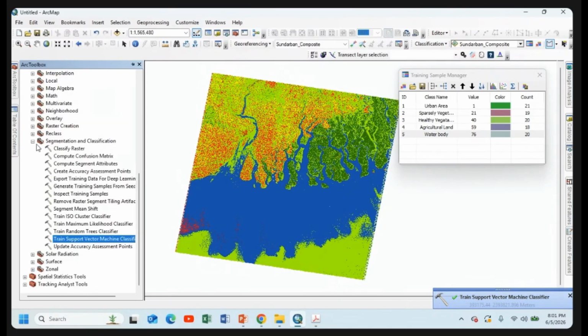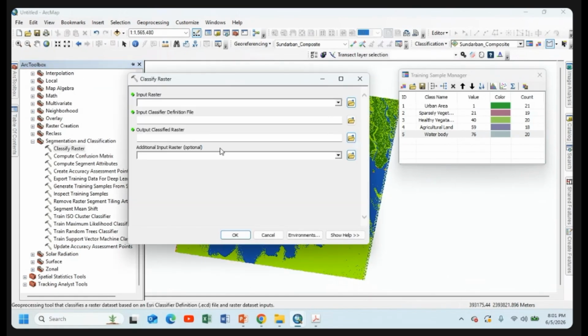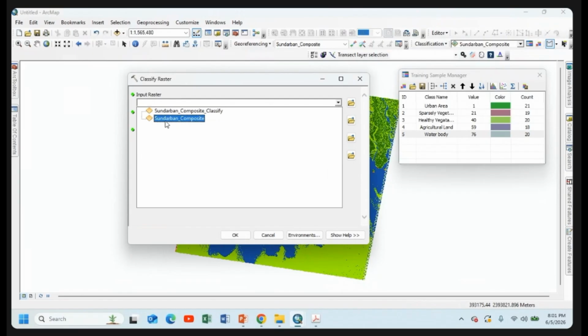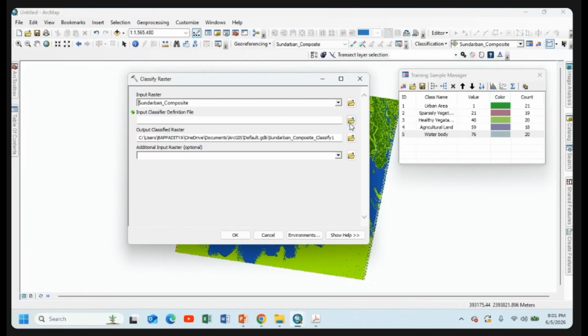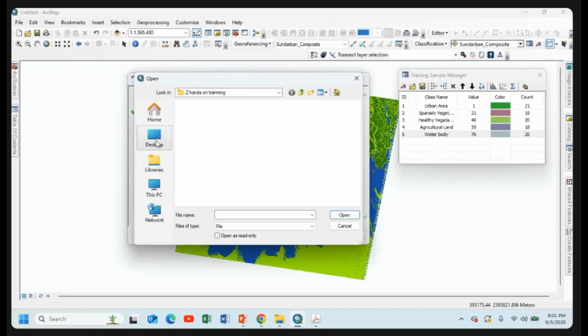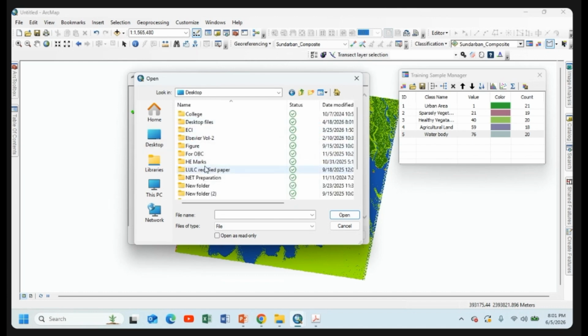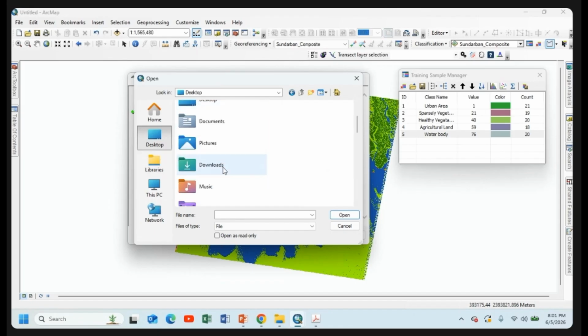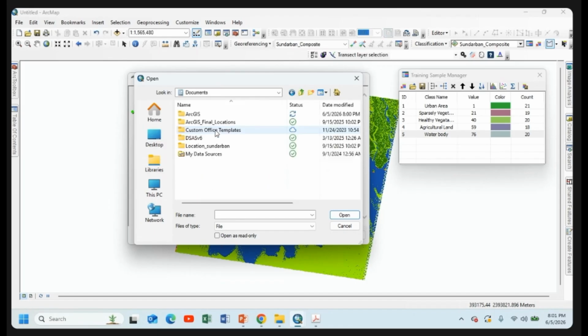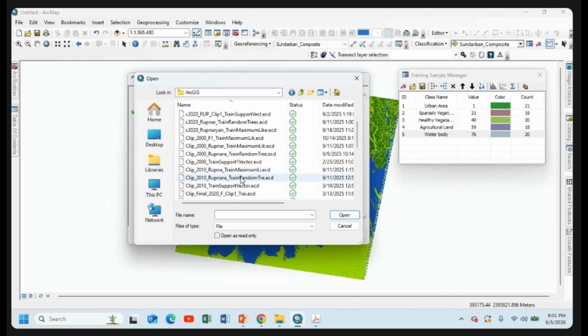Now we again go to the segmentation and classification option and go to the classify raster option again. In the input raster, we select our base map, Sundarban composite. And in the input classifier definition file, the last .ecd extension file needs to be provided for generating our map. Click on this and go to the C drive where it has been generated.